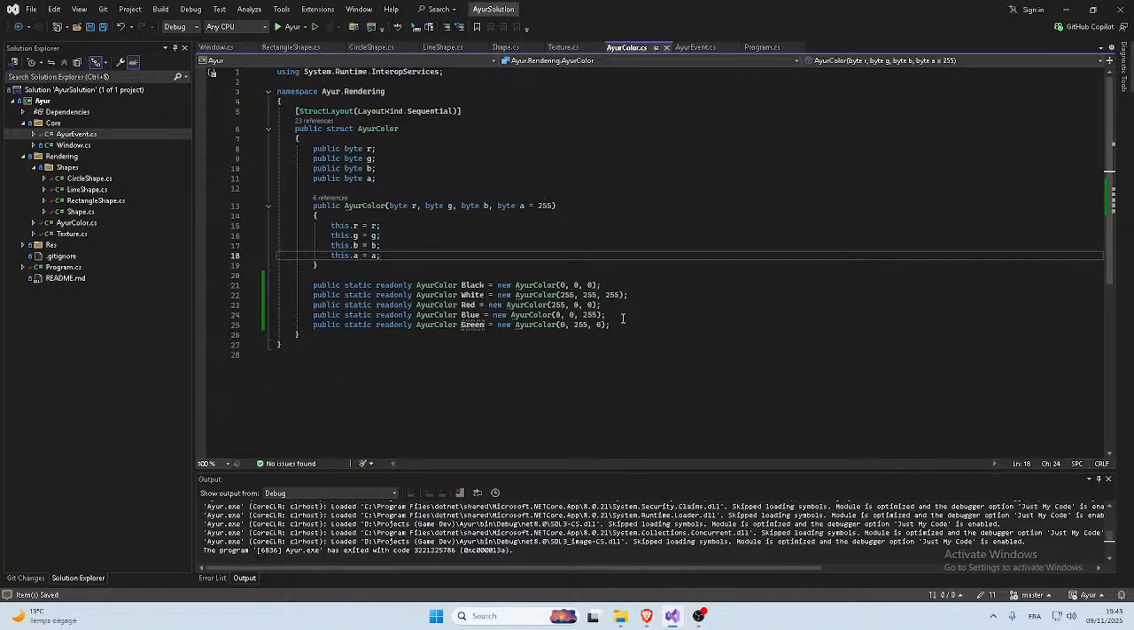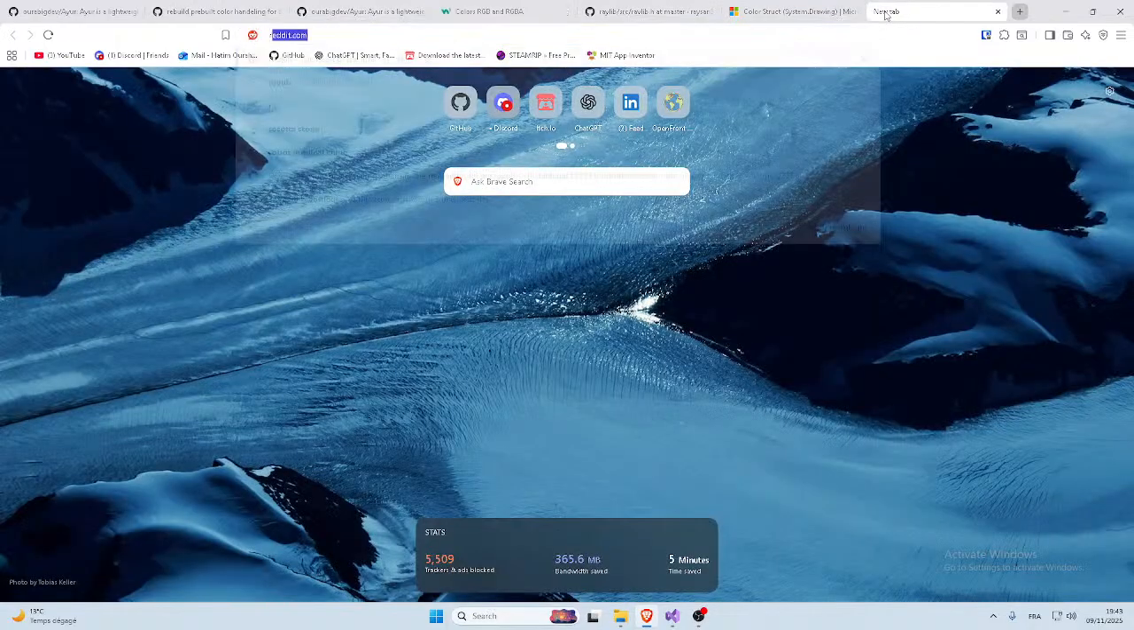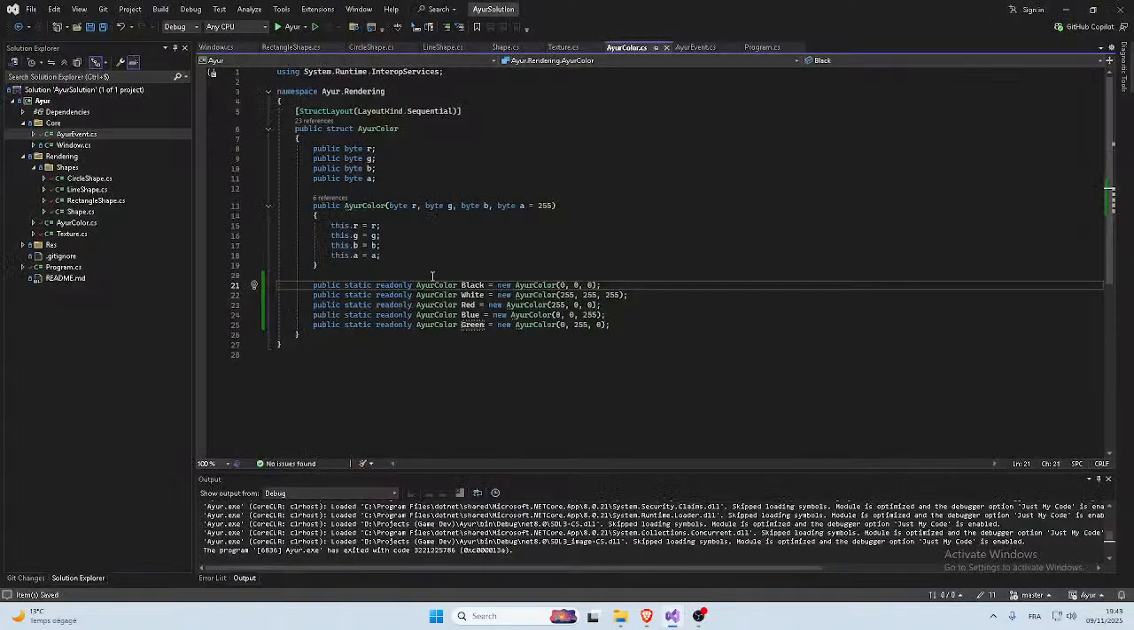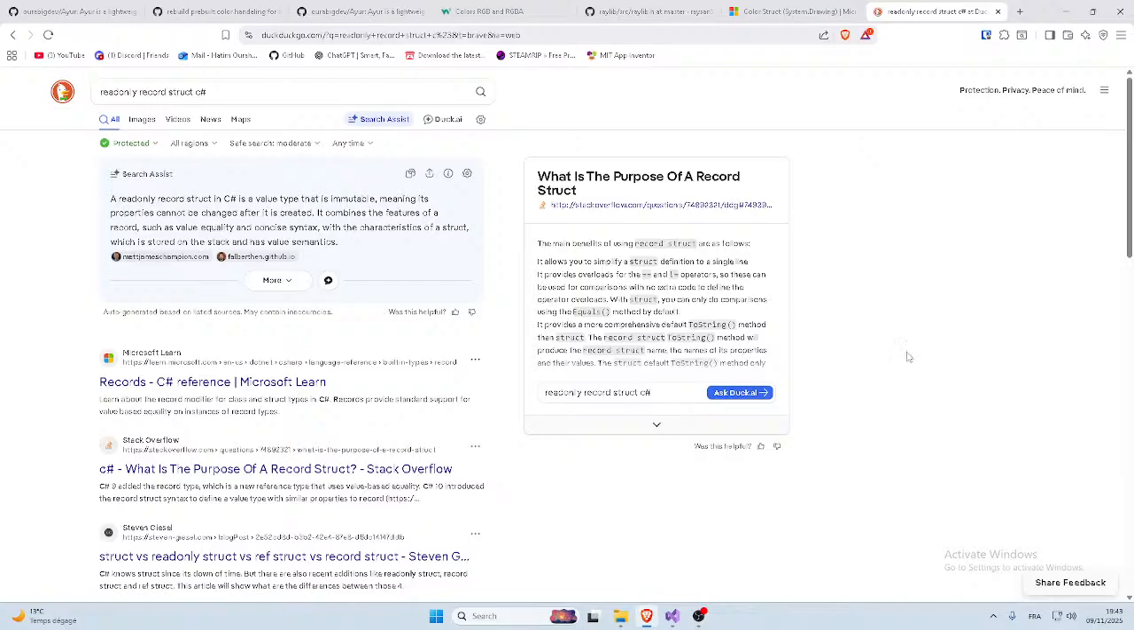Thank you. Readonly record struct. I don't understand. I will search in Google for that. Struct. So, do you mean the colors that are only readonly? Because they need to be like that. That is immutable. Its properties cannot be changed after it's created. The features of a record, such as value equality,